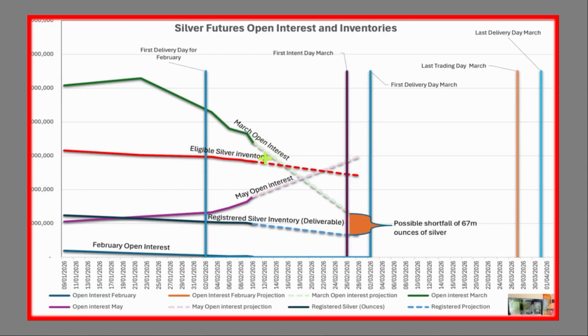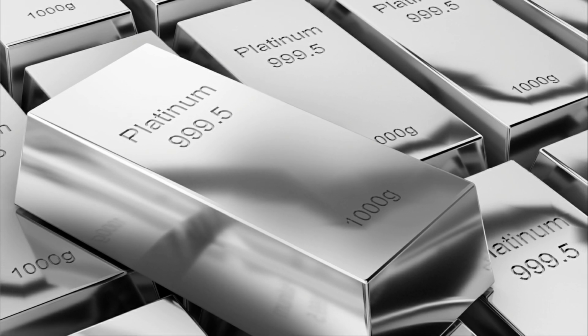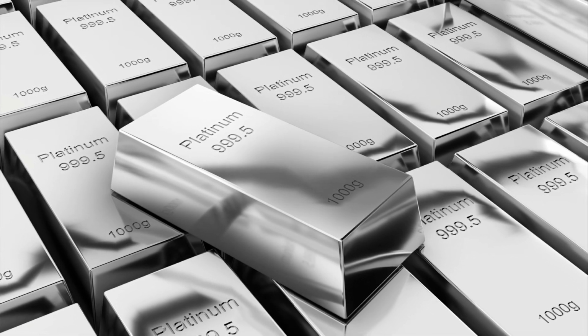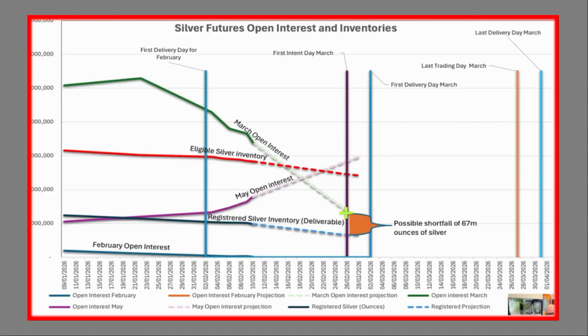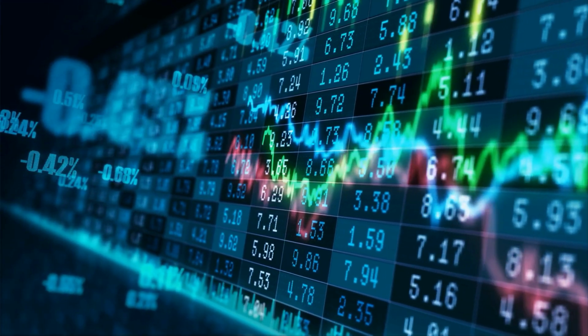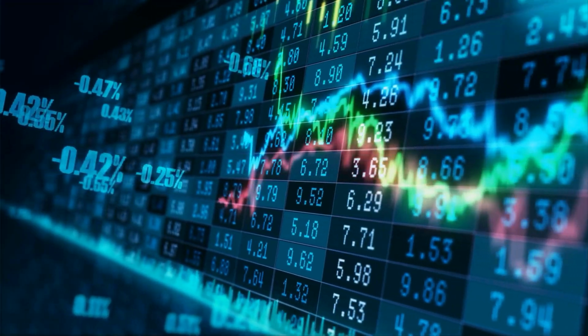It's going to get to a figure where it looks like there'll be a severe shortage, with about 120 million ounces outstanding. And I'm going to talk about what that means, but basically it means the longs are going to take delivery of up to 120 million ounces. But there's a slight problem because the silver isn't there, at least not at the moment, and looks like it won't be there by the time we get to February.